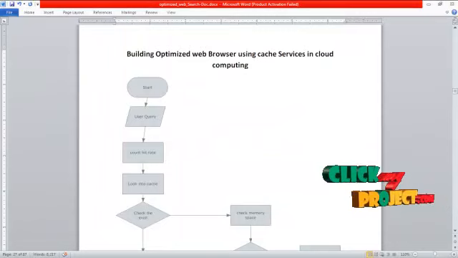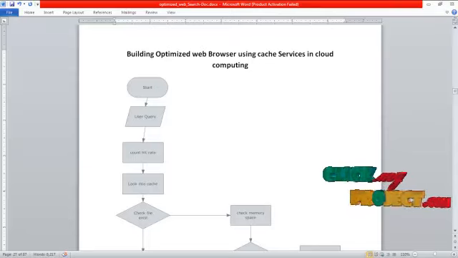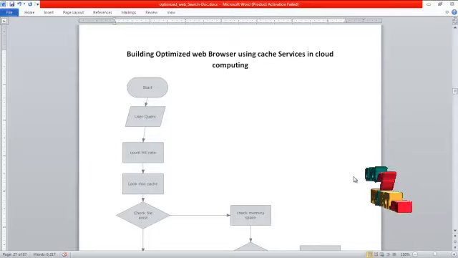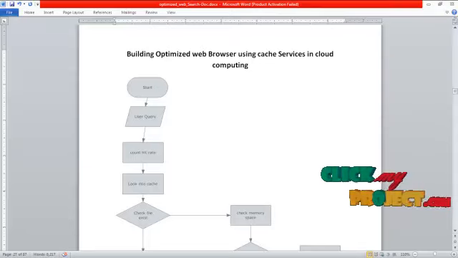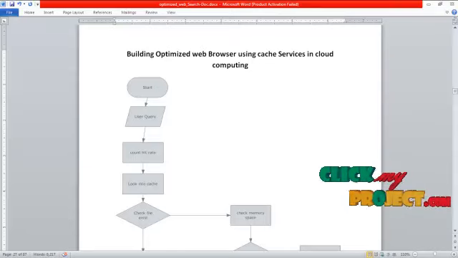Let me show the flow diagram for building an optimized web browser using cache services in cloud computing. First, we start a process. Here we simulate a web browser in Java where a user query is fetched from the user.